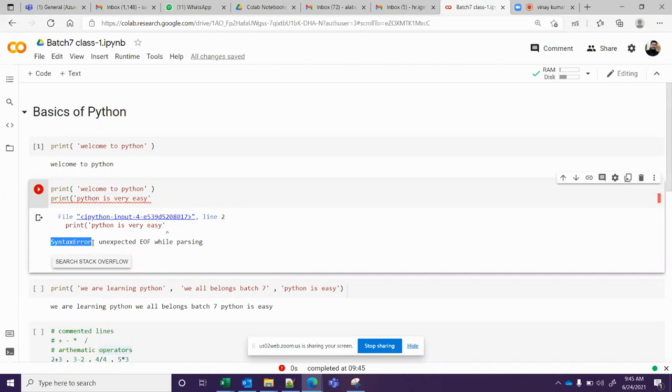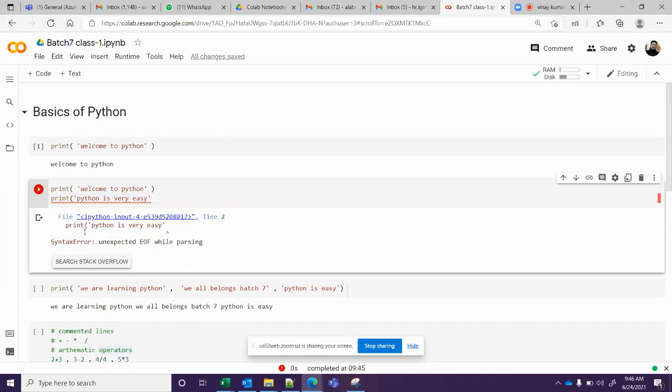Whenever you get an error, it means the code or script you wrote here is not a valid one. That's why you're getting a syntax error. Syntax errors are called grammatical errors. That means it is not a valid Python command. You can also see the line is highlighted here. This is the line throwing the error. You need to fix it. And it also shows here. Look at here, it is clear.